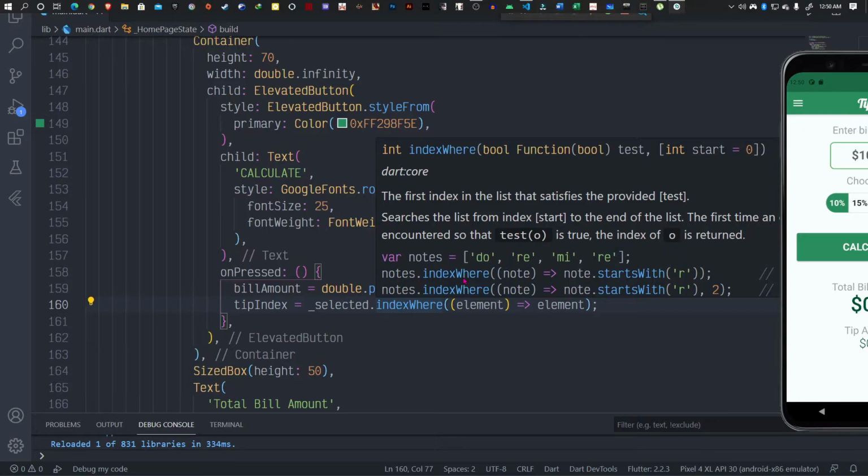Okay, so for example, if you look at this, it says var notes, which contains do re mi re, I believe, and then we say notes, so that's a list, index dot where, and then we have a new note here. Okay, so this note, whatever element we capture here, does it have an R? Does it start with an R? So what will happen is it starts from the beginning. So do has no R, so it moves to the next one. Re has an R, so it returns the answer as